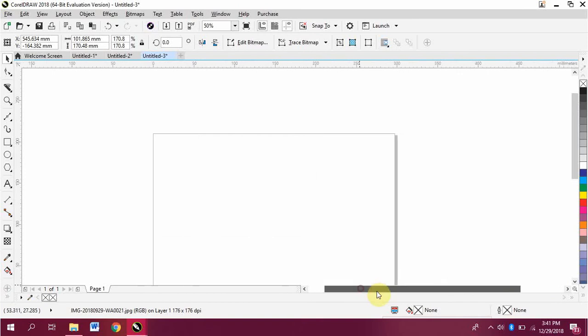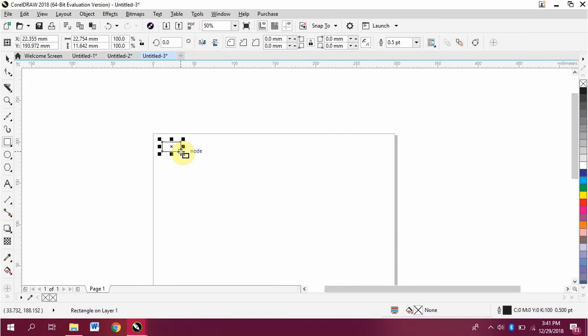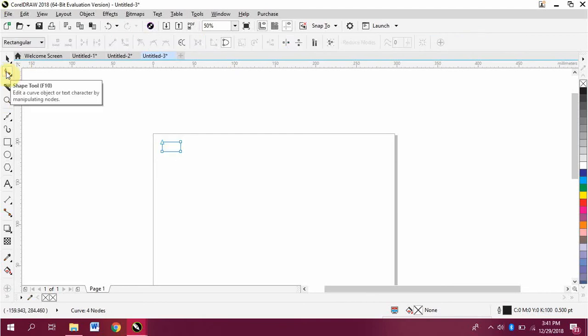The next step is, you should draw a rectangle by clicking the Rectangle tool, or you can type F6 for the shortcut. This rectangle is for the dispersion tool. Click Convert to Curve. Then, using the Shape tool, make the rectangle become a triangle.